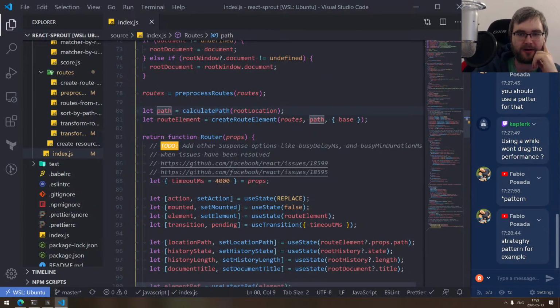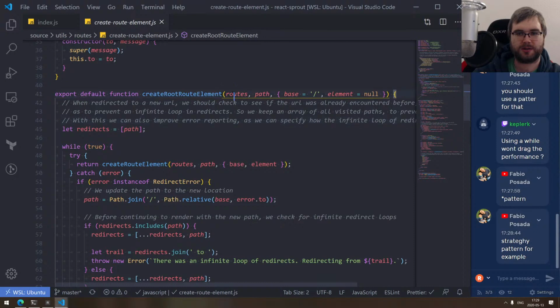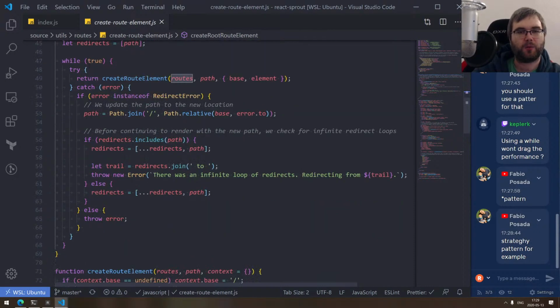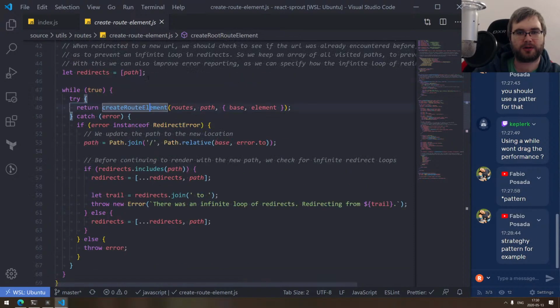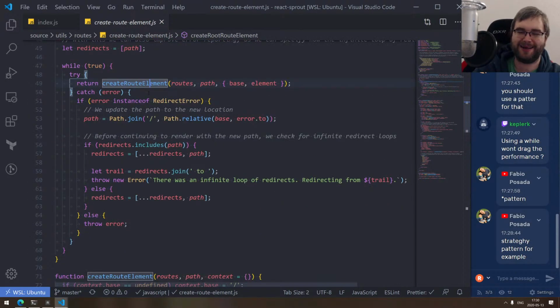So we got the path, the route element. So I guess this converts the route objects into a React element, right? While true, try, return, create. Okay, so why is there while true here? Because this return is going to interrupt it immediately, right? And if there's an error, it's also going to either rethrow or